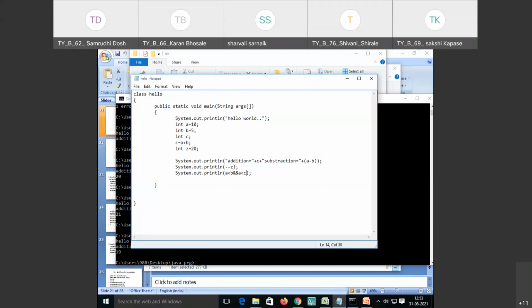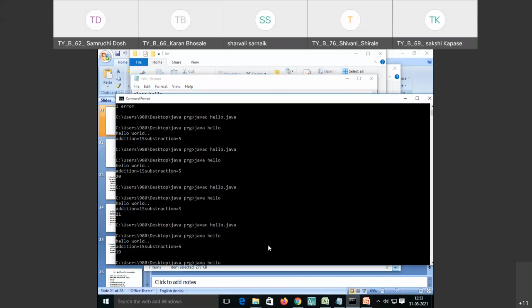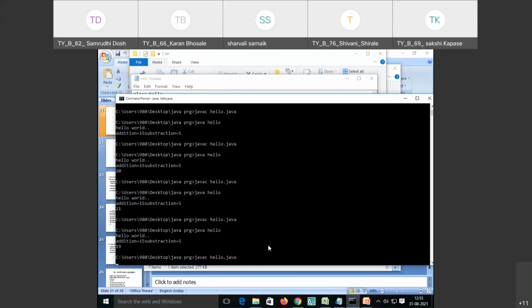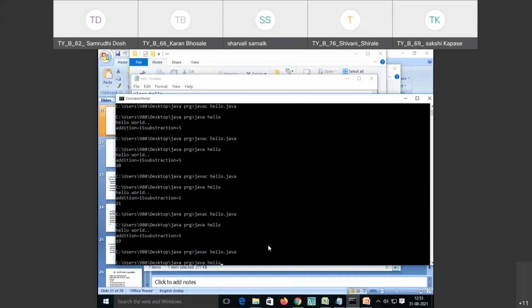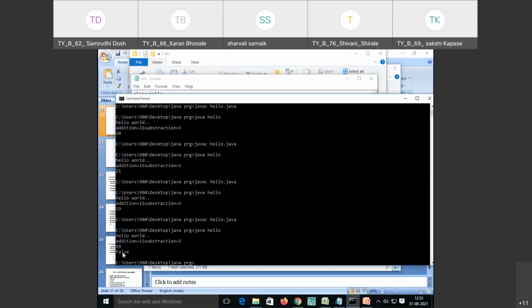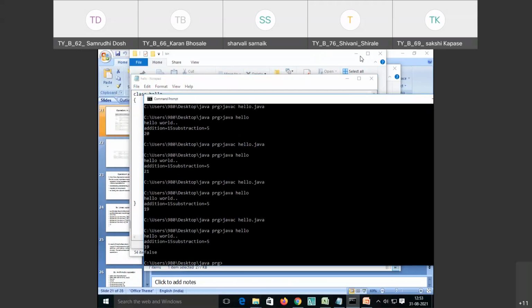Let's see what the output will be. We already got the answer of c. We have a and b variables also. Save this, go to the command prompt. It is giving the answer as false. So it will give you boolean values, that is, it will give you either true or false.